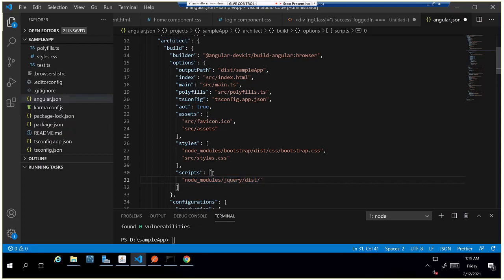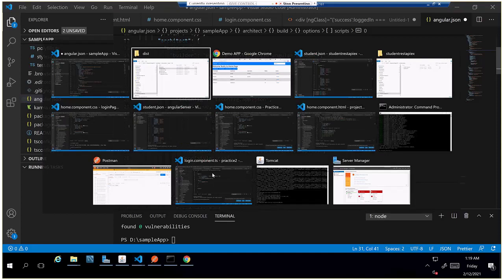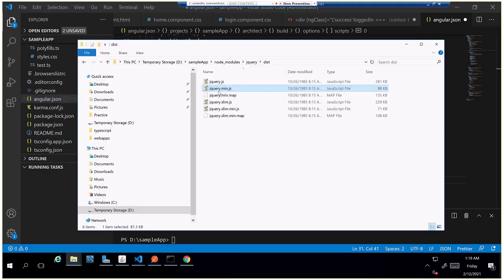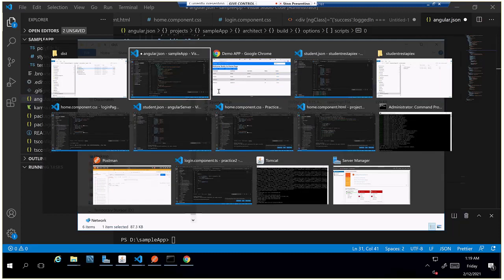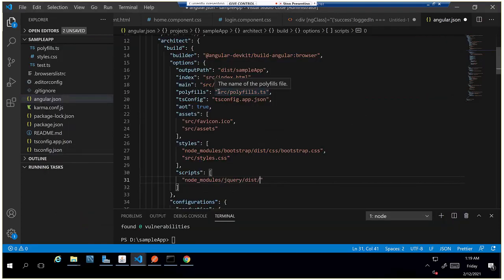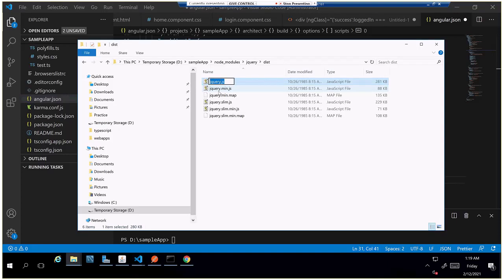So Bootstrap is CSS and jQuery is the JavaScript, right? Even Bootstrap has released some JavaScript functionalities, but they have built their JavaScript on top of jQuery. Now we need to add the Bootstrap JS also. By default, Bootstrap JS needs jQuery to be installed.